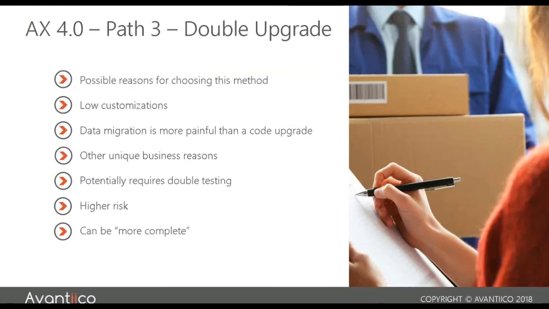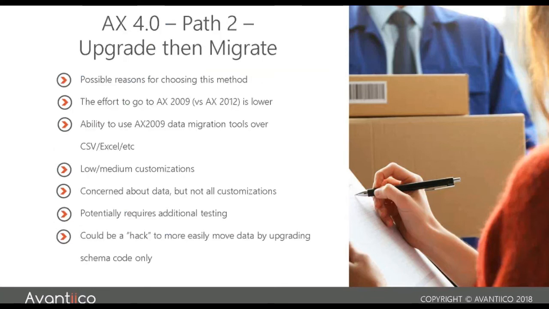So again, the double upgrade is there. If you need all of that transactional history, everything there, there's a legal or auditing or business decision to do that. Yes, we can, but you're looking at significant work to get that in, to tune the upgrade from 4 to 2012 so it can run in a very quick time, and then from 2012 to 365. The other option, of course, is you can go from 4 to 2009 and then run Microsoft's tool, which we'll show in a few minutes, to bring in that key selected data. And this tool just creates these data packages that you load into 365.